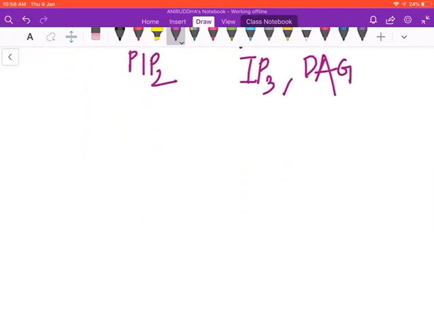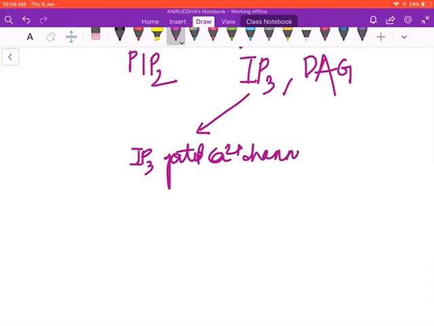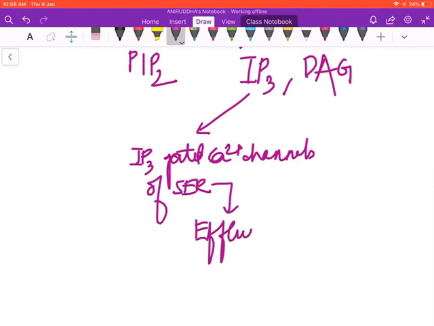This IP3 will open IP3 gated calcium channels of the smooth endoplasmic reticulum, leading to efflux of calcium into the cell cytoplasm, and DAG